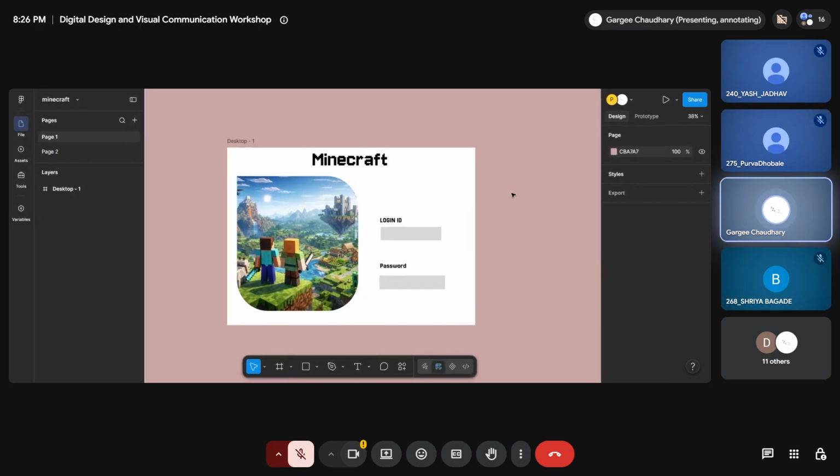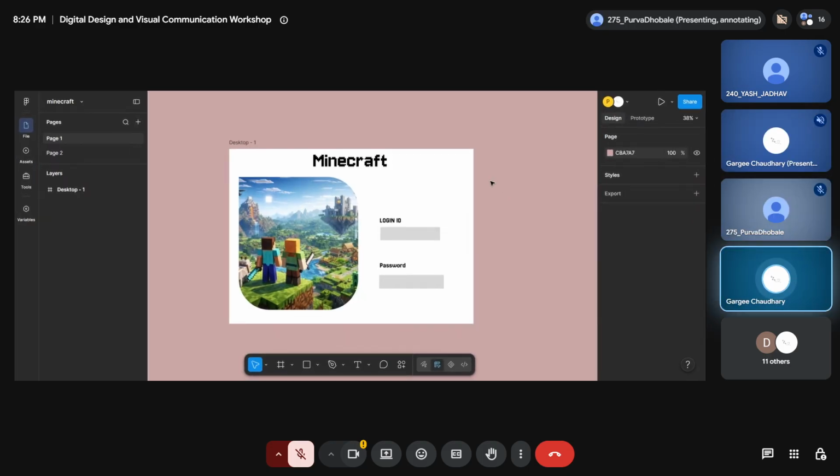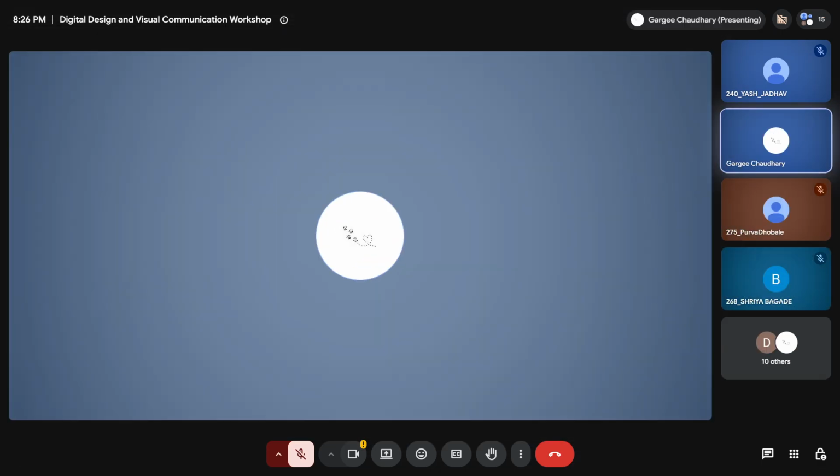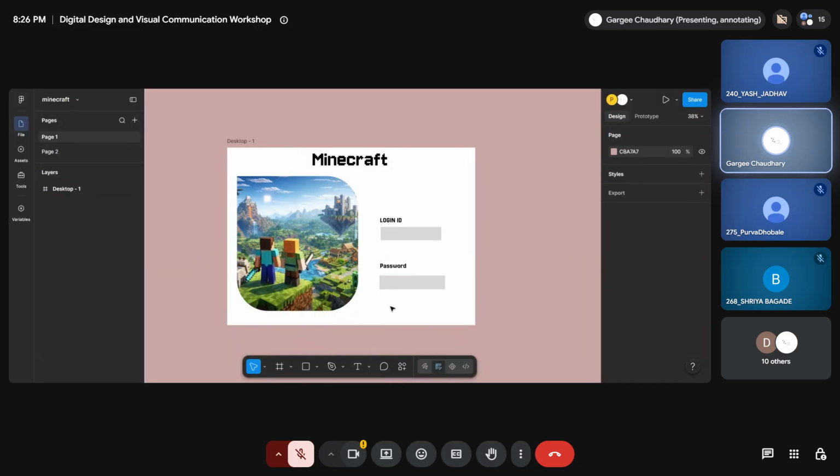So this is the basic prototype, that basic design that Purva has made. We will be making a button for this so that you can switch from one tab to another tab. So we will be starting by making a frame.